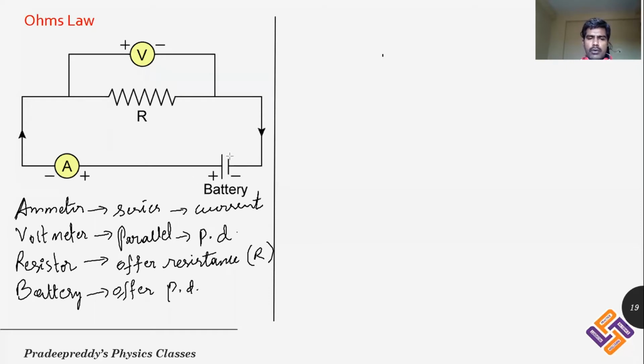Now the total voltage is the voltage which is supplied by the battery, and the voltage supplied will be equal to the voltage dropped across this resistor. Now we will be measuring current in the circuit and voltage in the circuit by using the ammeter as well as the voltmeter. Now let us conduct one experiment for different values of voltage. What is the current measured in the circuit?